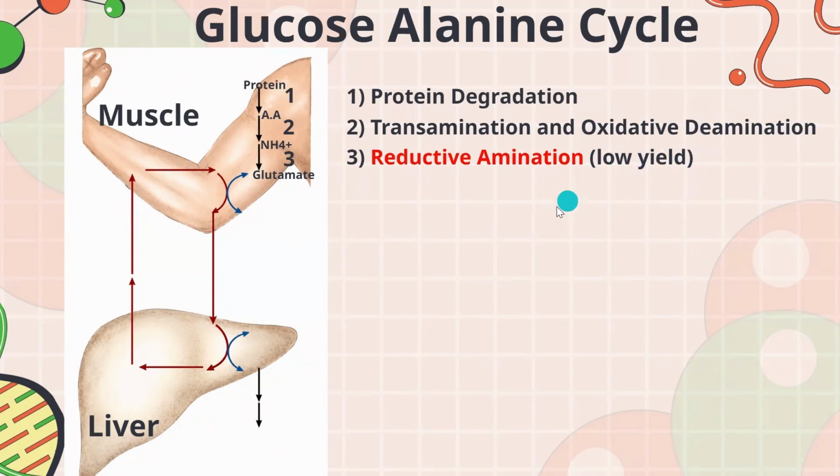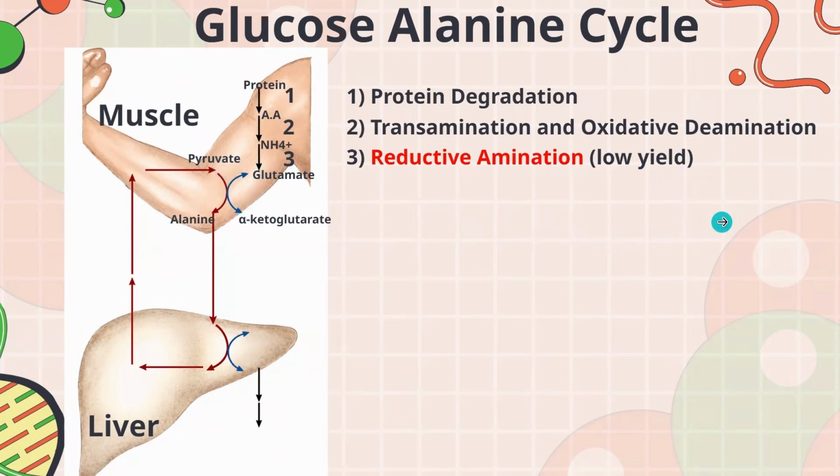Now this is low yield, but it is still really good to understand. So why do we convert to glutamate? We want to take glutamate and pyruvate, which, if you remember, are the byproducts of our ALTs, and it's going to eventually form alanine and alpha ketoglutarate. The reason we need this step to regenerate glutamate is because you want to form alanine. Alanine is important; we'll talk about it in a second.